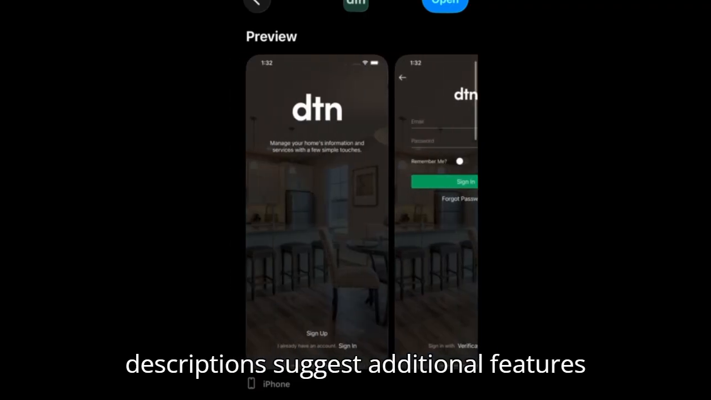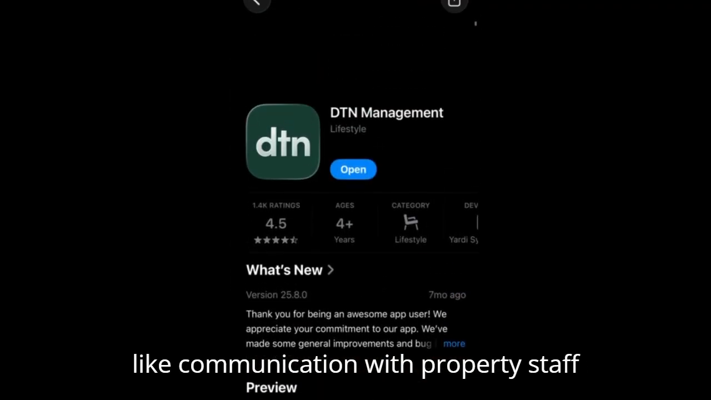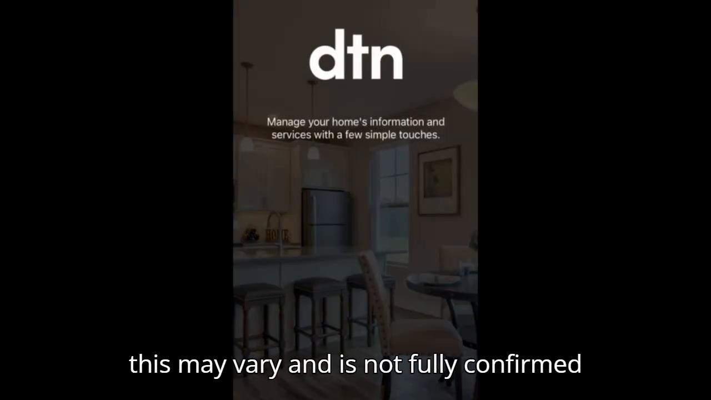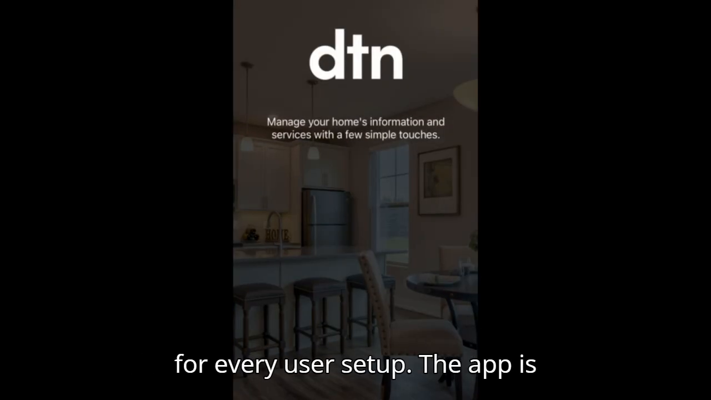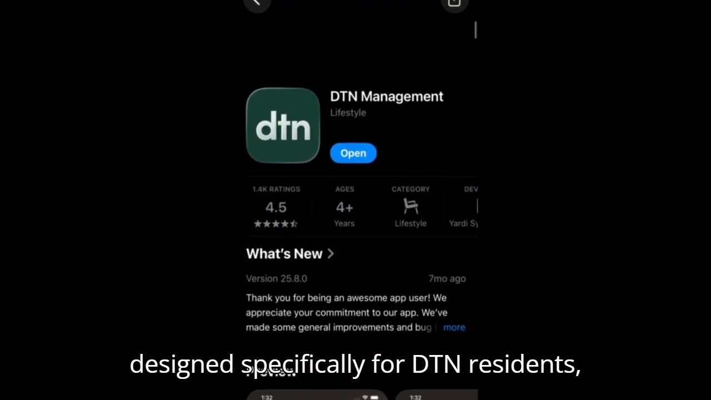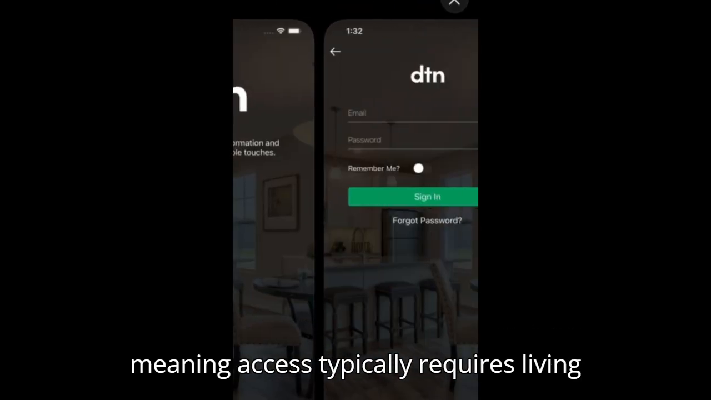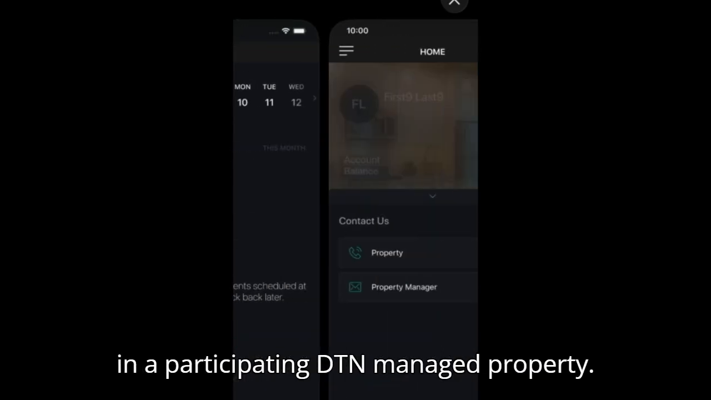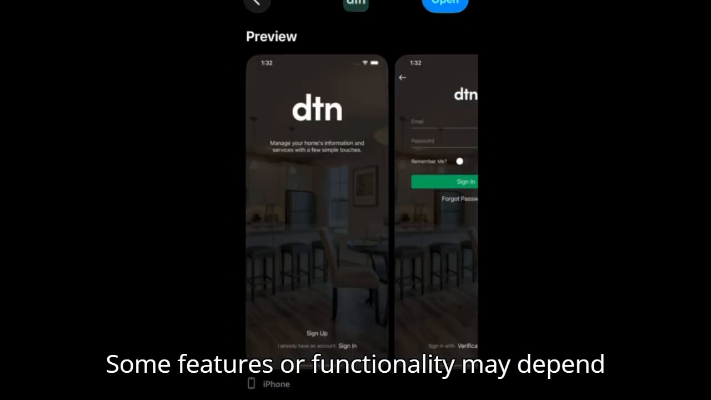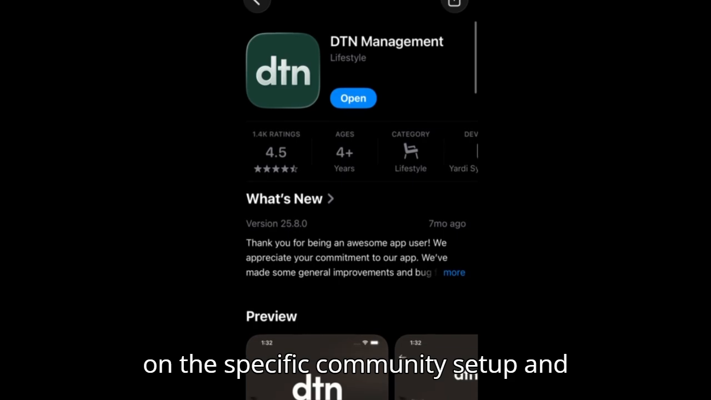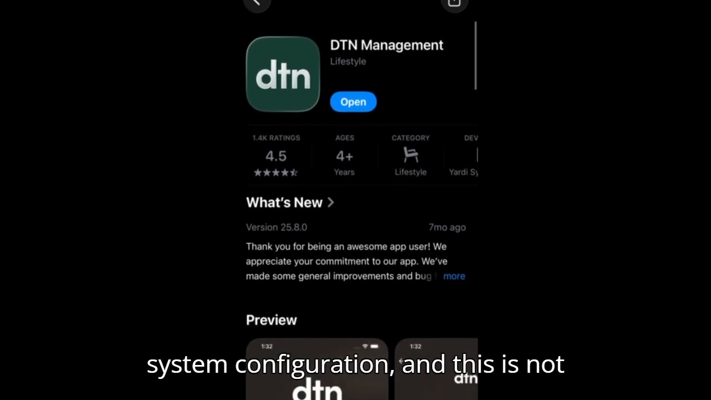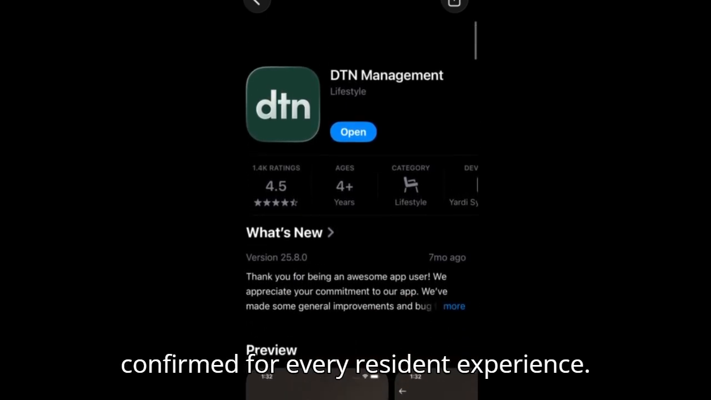Some descriptions suggest additional features like communication with property staff and account management tools, although this may vary and is not fully confirmed for every user setup. The app is designed specifically for DTN residents, meaning access typically requires living in a participating DTN-managed property. Some features or functionality may depend on the specific community setup and system configuration, and this is not confirmed for